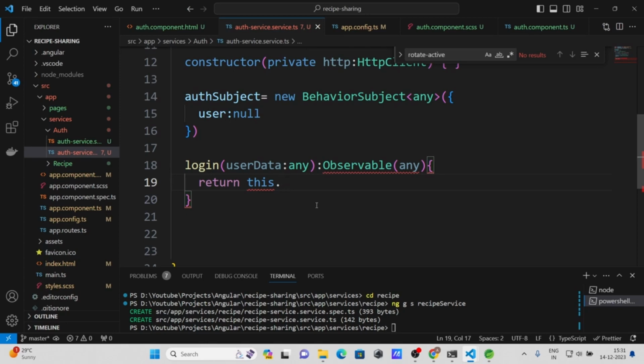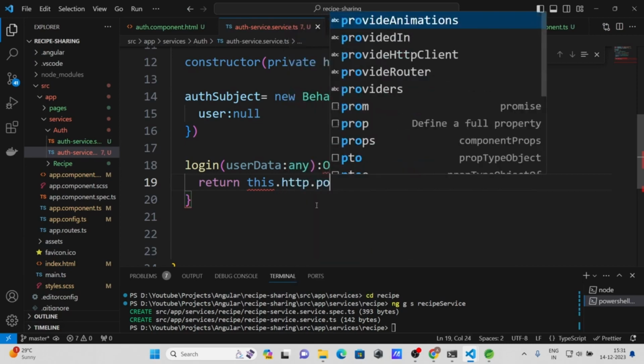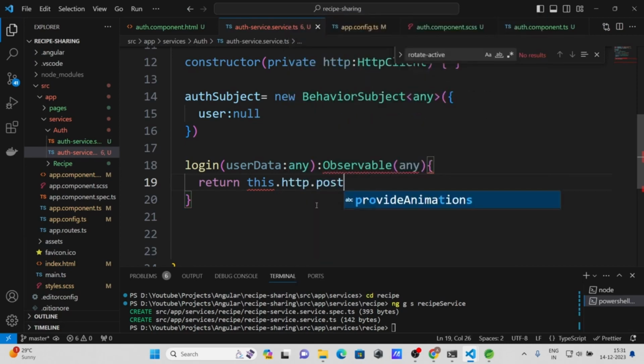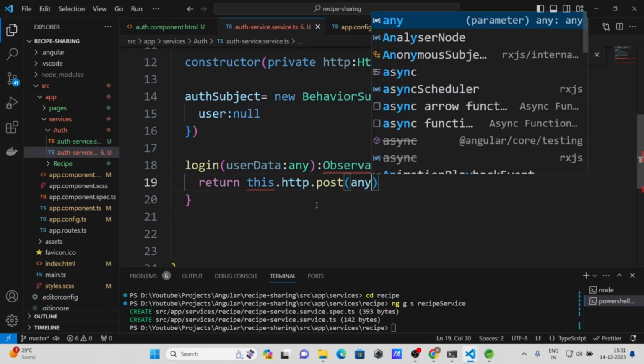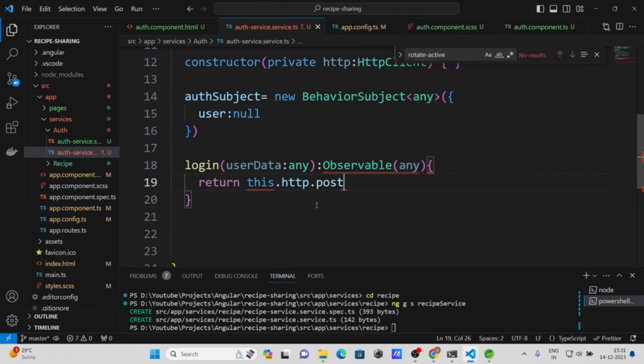So let's use this.http.post method, since we need to make a post request for login user. I need to define the type here, which will be any for now, and here we need to give our URL or backend API, so this.baseUrl,